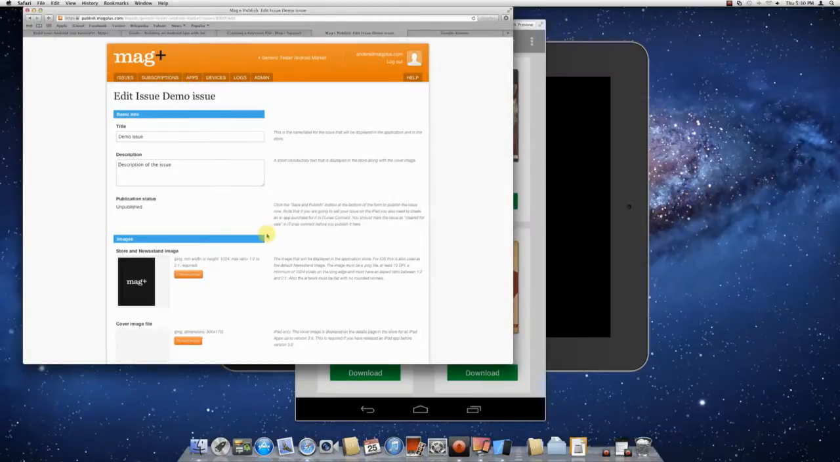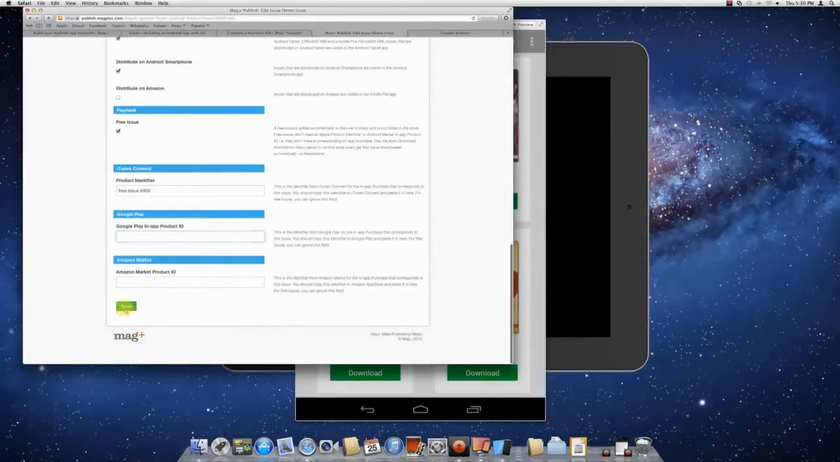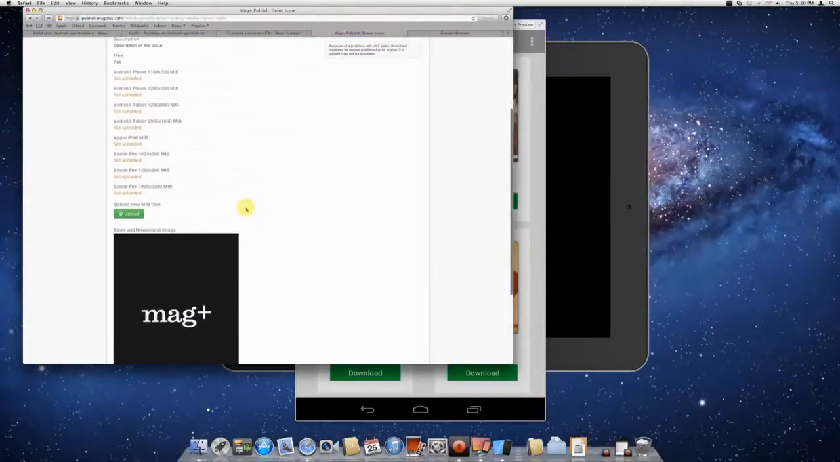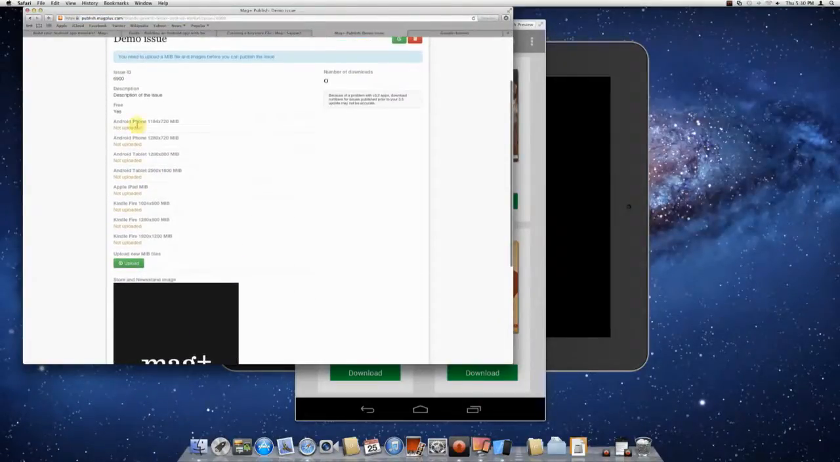So that's how you set up the issue, and if I click Save here, I set this up to be a free issue for this one. And here you can see all the devices that I can upload a MIB file for. We have Android phone 1184 times 720, Android phone 1280 by 720, and so on. We have tablets and so on. And if I'm clicking this one,